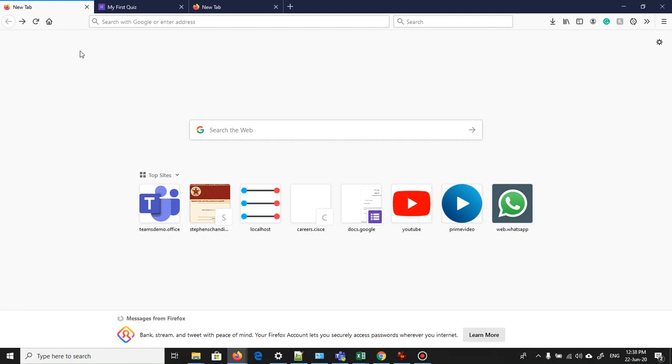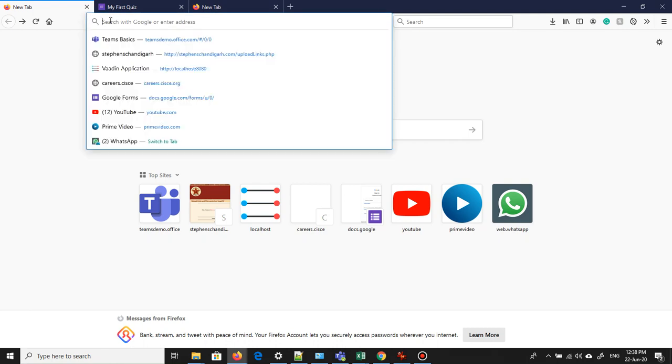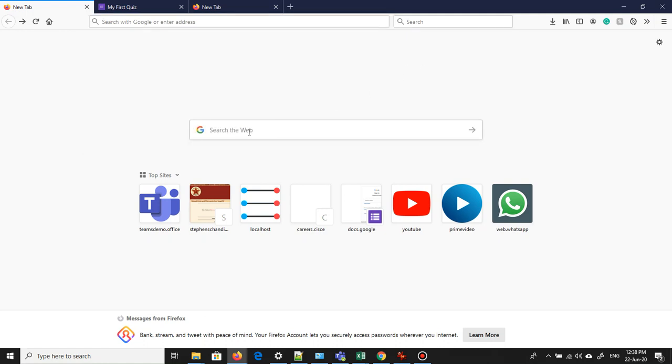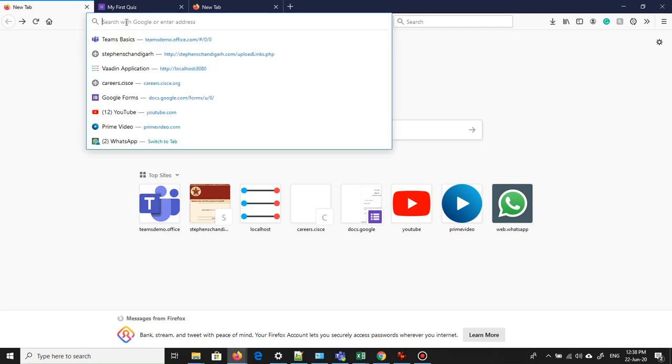Okay, I have opened a browser. The browser that I'm using right now is Firefox. Other browsers that you could use are Google Chrome, Safari, Internet Explorer, or Edge. So it doesn't matter what browser you use, all of them are similar in functioning. Every browser has two parts where you can basically type. One is this part, which is called the address bar, and one is this part, which is called the search bar.